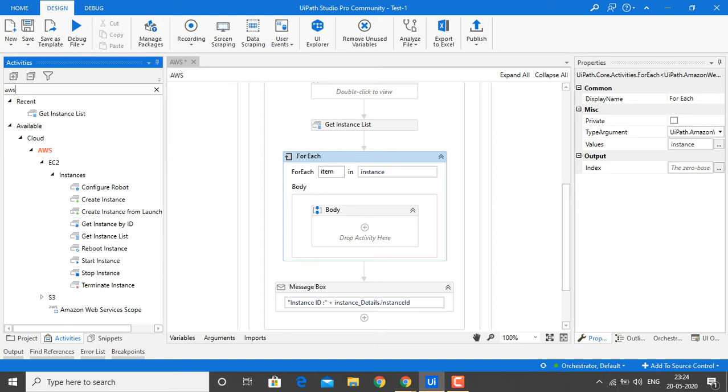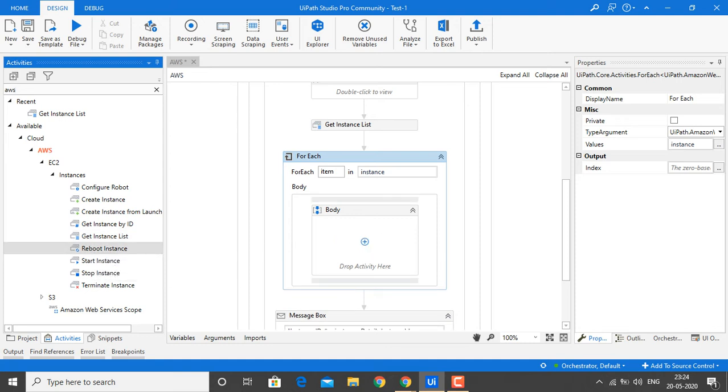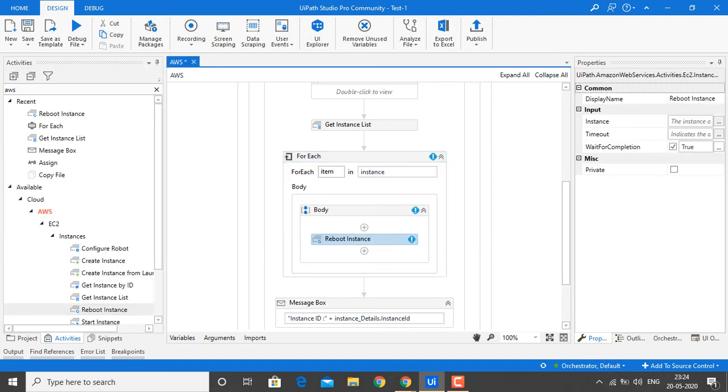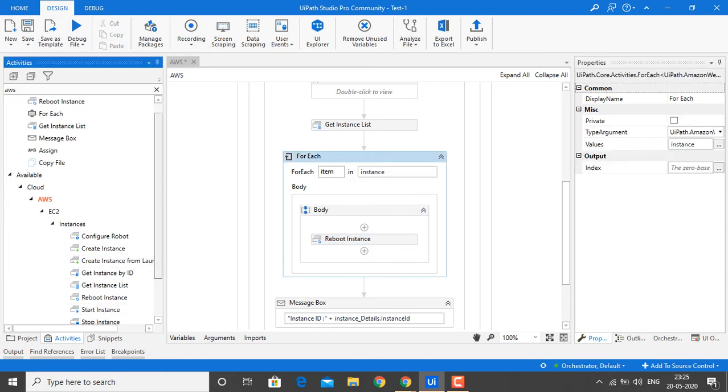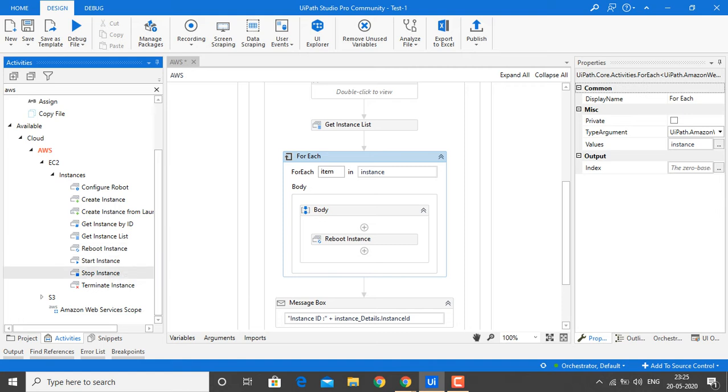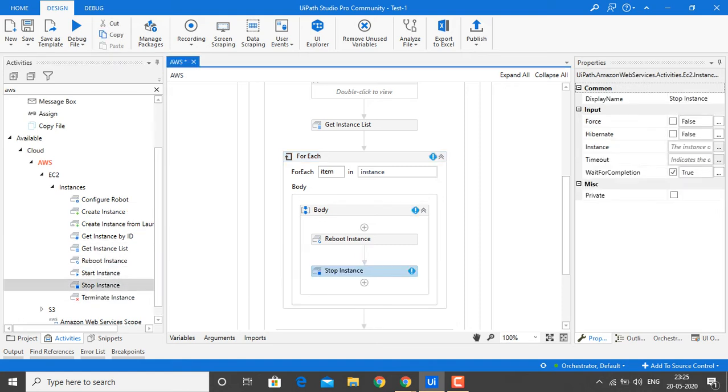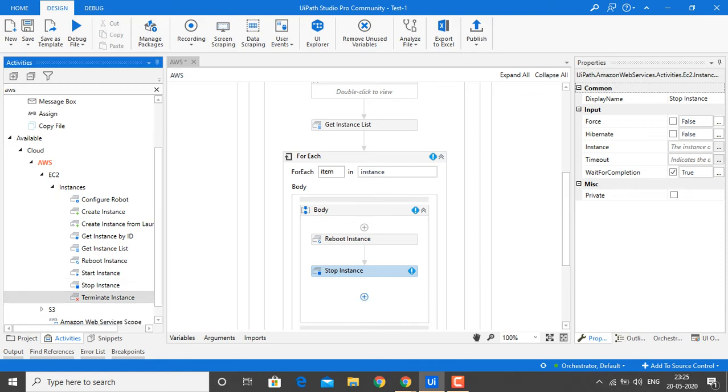We have used the Get Instances List. Then we can use Reboot Instance if required. You can provide the instance name here as item, because we have taken it as an item variable. Then we can use Stop Instances and Terminate Instances.